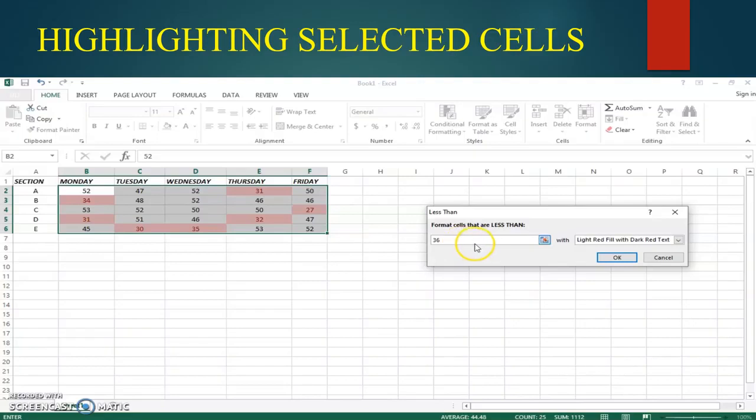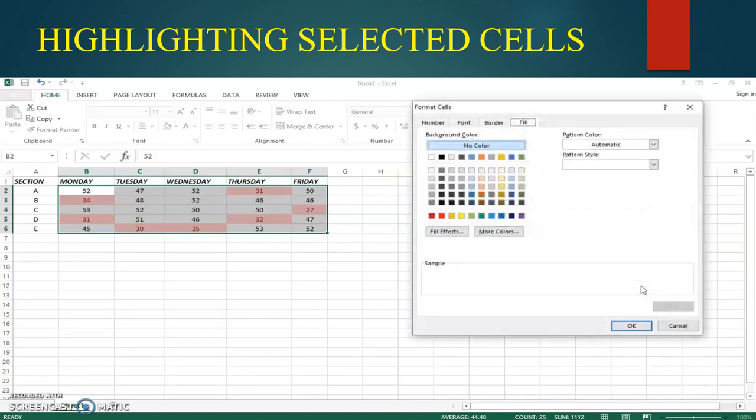After entering 36, click here and choose Custom Format. Here you can format it. Go to the Fill option and click any color; values less than 36 will show in that color. I am pressing the yellow color.